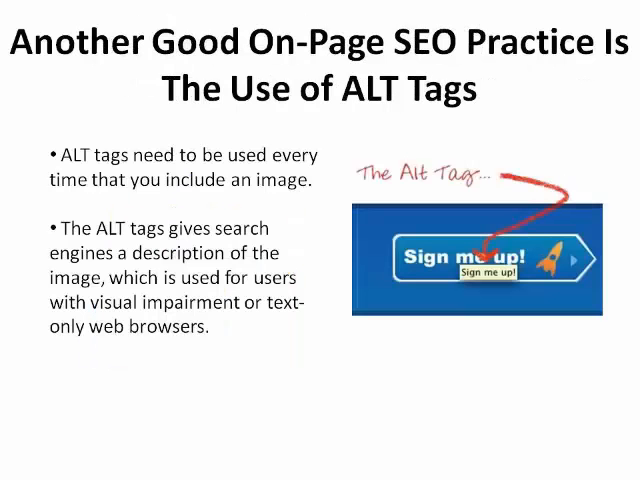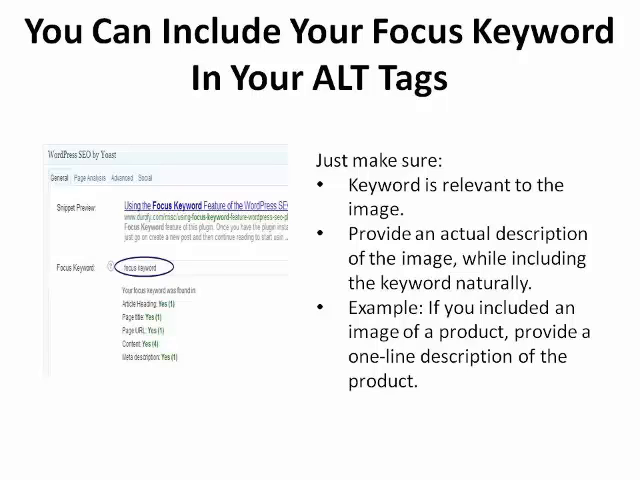The final component that goes into good on-page SEO practices is the use of alt tags. Alt tags need to be used every time that you include an image. The alt tag gives search engines a description of the image, which is used for viewers with visual impairment or text-only web browsers. You can include your focus keywords in your alt tags as long as the keyword is relevant